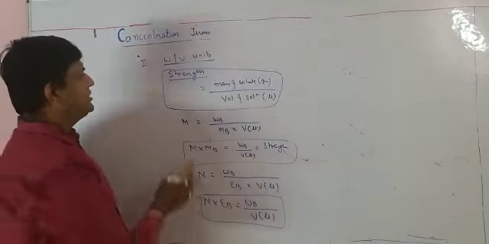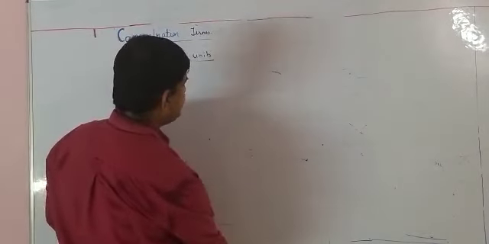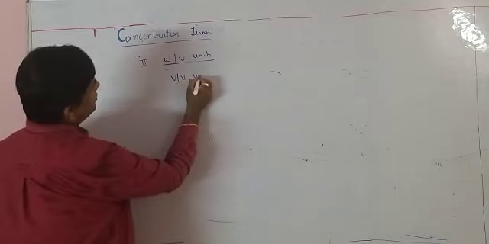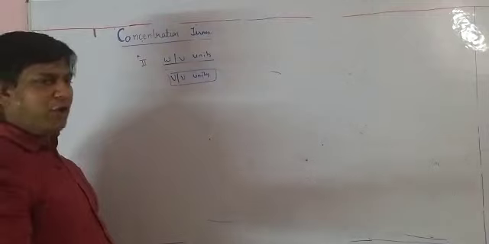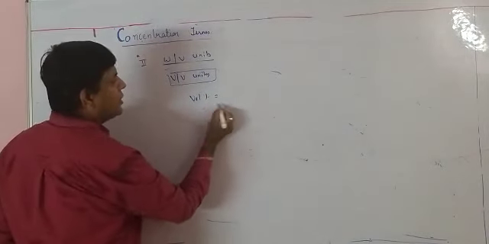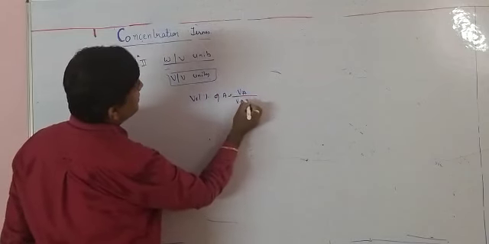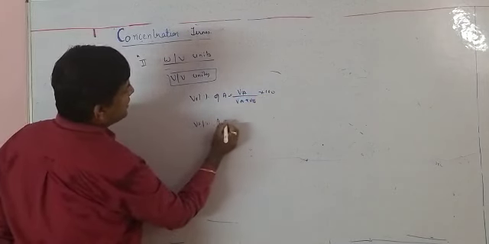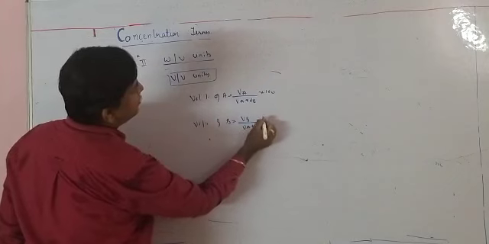And the last unit is V by V units. What is V by V units? Those units which depend only on the volume, and it's very simple. It's the volume percentage. How can we calculate volume percent of A? It is VA upon VA plus VB into 100. Volume percent of B is VB upon VA plus VB into 100.